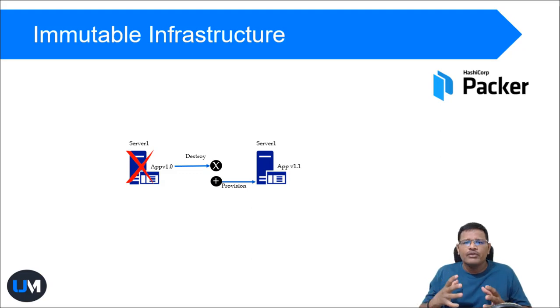Let's say we have sprints where we get the monthly patches for the Windows operating system, or vulnerability patches for the Linux operating system. During that time, we take a base image, install all the latest security patches, then take an image out of it. We'll use this image to deploy onto another server.